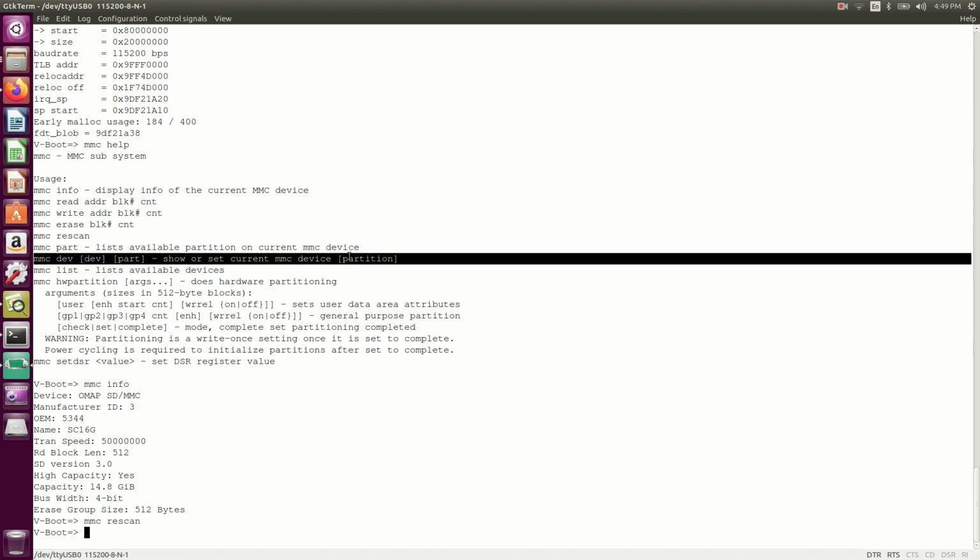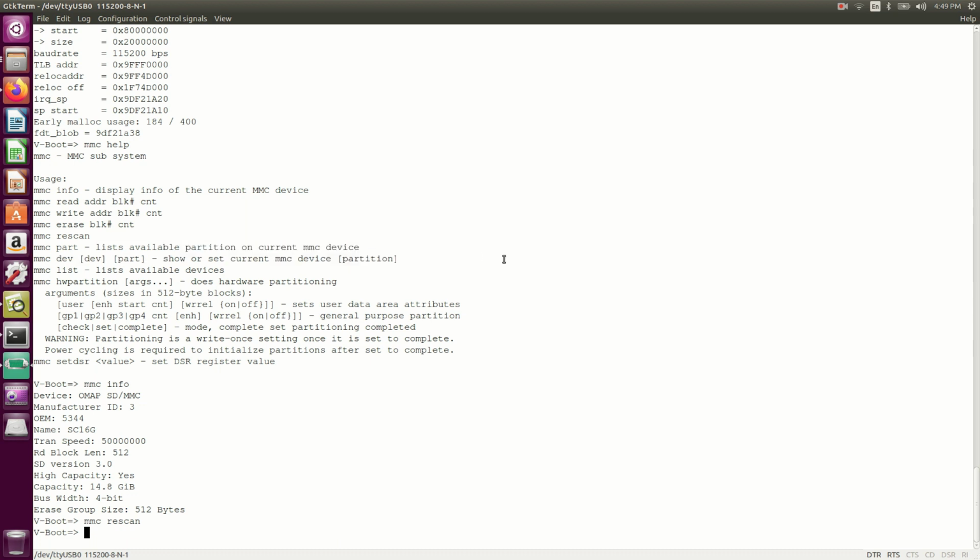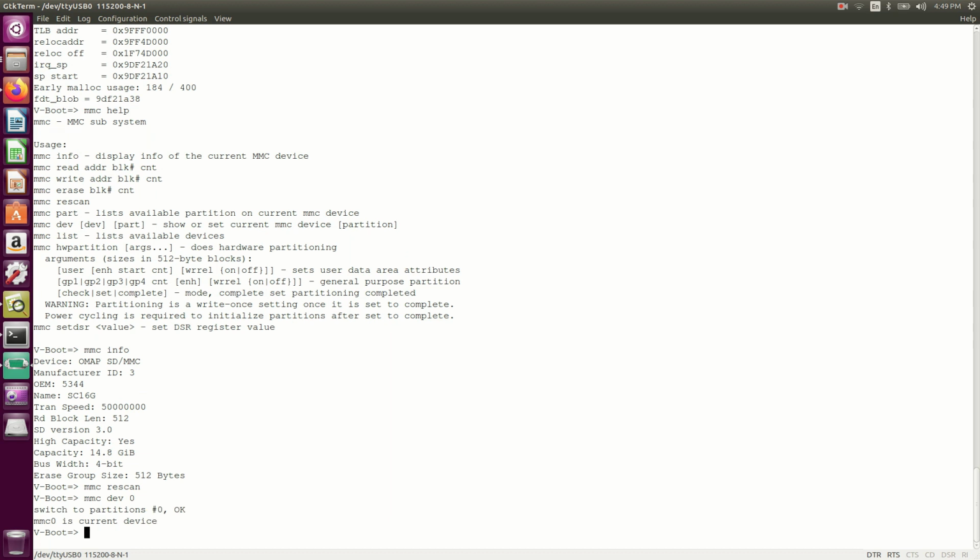Okay, this looks good. Okay, this is the nice one. So what we will do, we will just write mmc dev, and the part number, we can use 0. Okay, so now it's like switch to partition 0. So mmc 0 is the current partition.